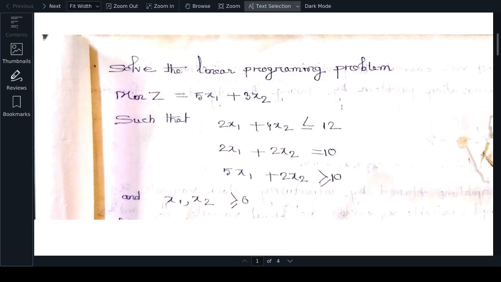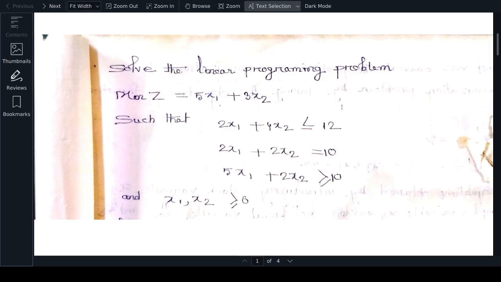twice x1 plus 4x2 less than or equal to 12, and then twice x1 plus 2x2 equal to 10, then 5x1 plus twice x2 greater than or equal to 10, and x1, x2 greater than or equal to 0. So here you see,